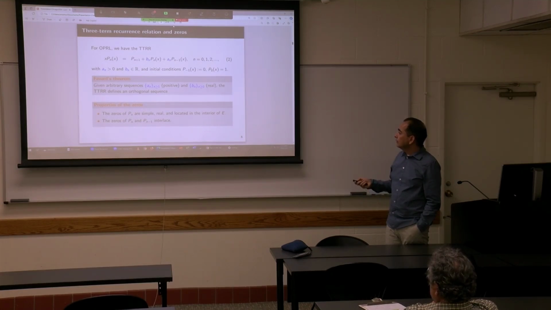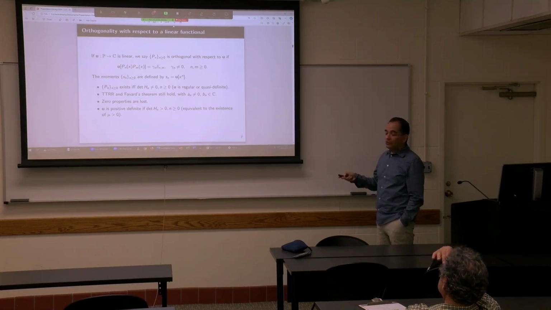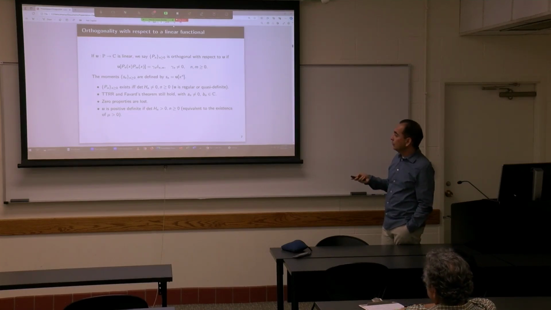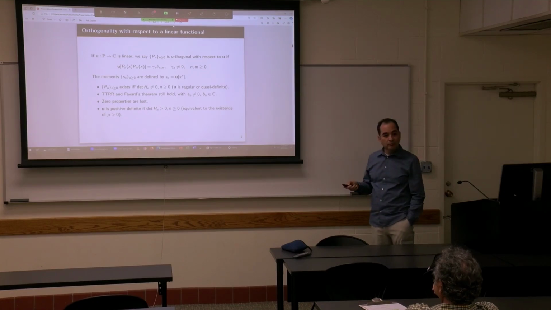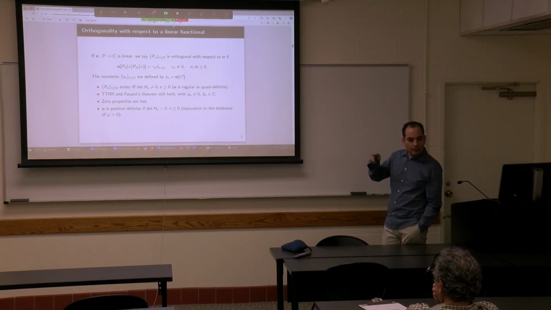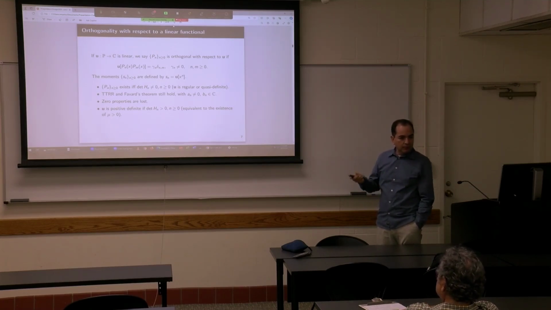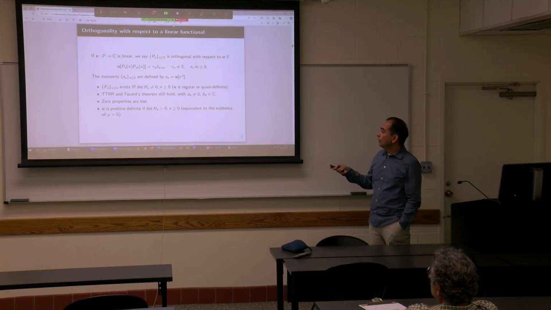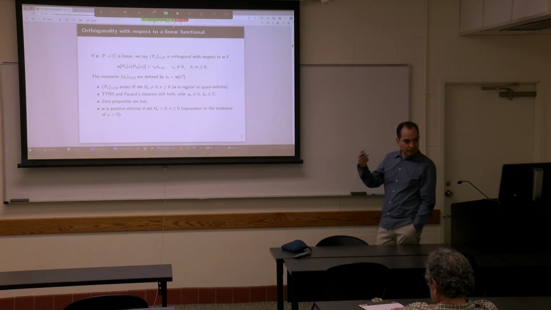Okay. So one thing that you lose in this more general case is that the properties of the zeros are lost. Then you don't know much about the zeros in this situation. And you recover the case of the measure if the sequence of moments of the functional is such that the determinants are positive. Right? So we say that this is a positive definite functional if the matrices have positive determinant, and in this case, the functional has an integral representation in terms of a measure, which is positive, and that's it. But in the more general case, this is called regular or quasi-definite. In that case, you don't have positivity, but you can still have orthogonality,